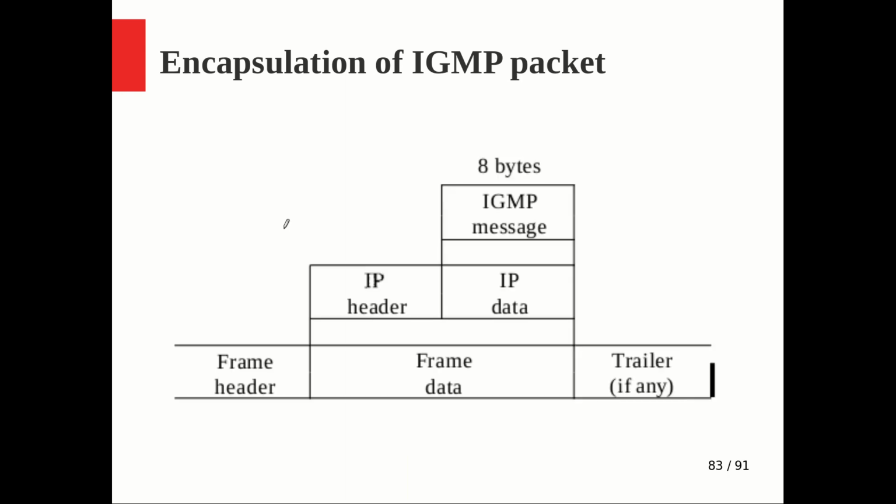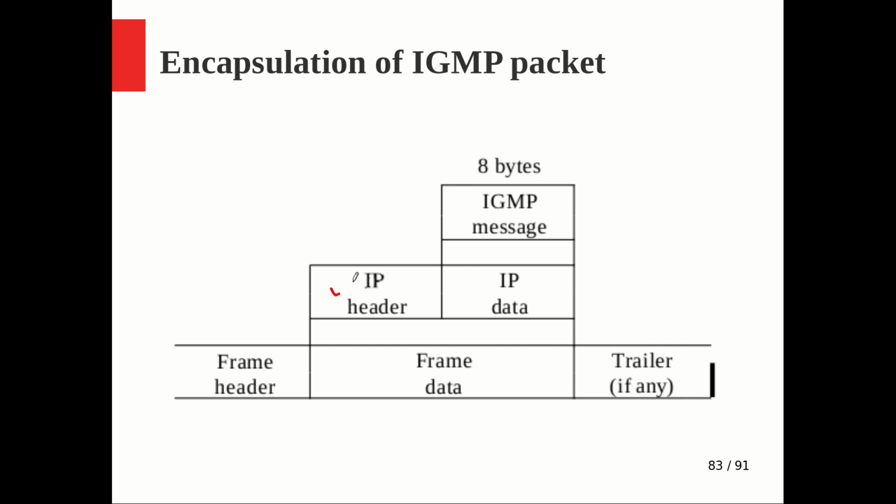So here we will see the encapsulation of the IGMP packet. This is the typical view. You know IGMP is a network layer supporting protocol. As it is a network layer protocol, it will be sent as an IP packet only, because that is the core protocol of the network. Whether it is an ICMP packet or an IGMP packet or any network layer information, it will ultimately be communicated as an IP packet, because IP is the one that all the individual routers can understand. So it will be encapsulated inside an IP packet.